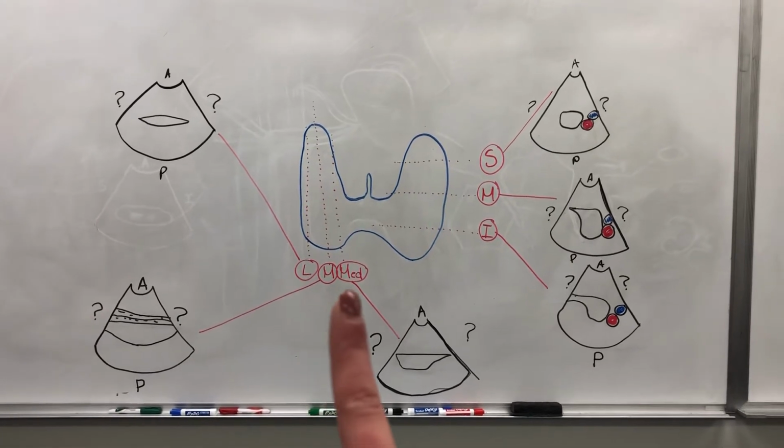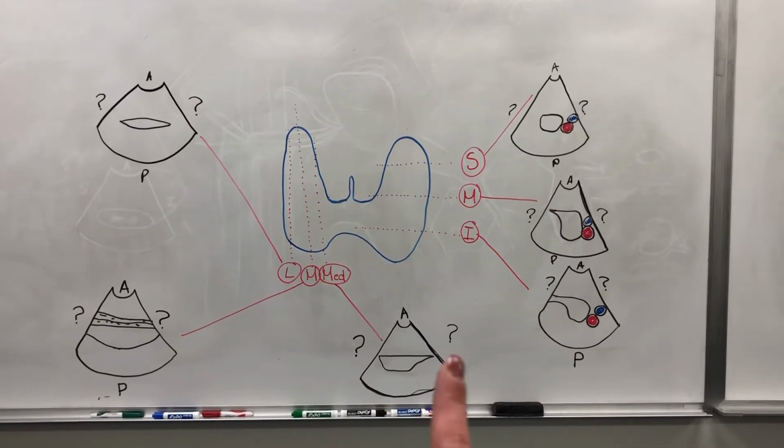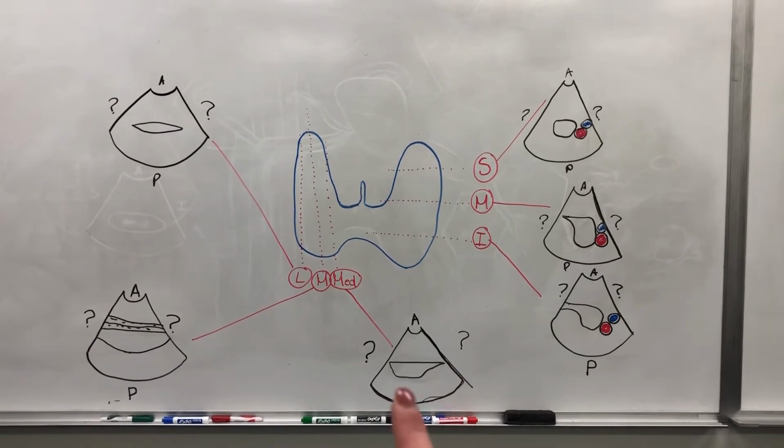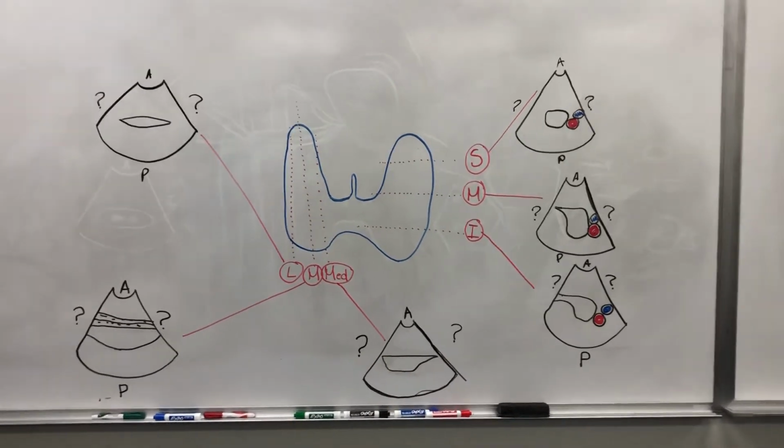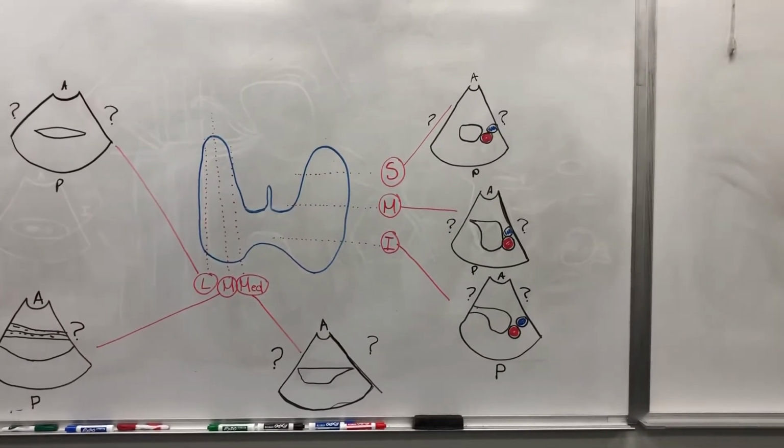And then when we keep moving medially, we get this nice little portion here where we start losing a little bit of our thyroid material, and it looks again like a little bit of a ship. Now, if we move over to the